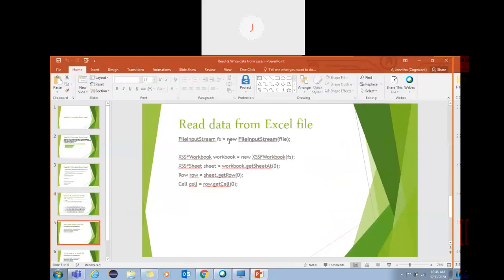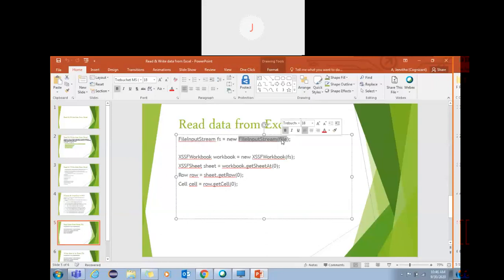Now to read the data from the Excel, what I have used is a FileInputStream. As you see, I have got the file here. I have mentioned the file path. So this object I have used over here in the workbook to create a workbook object. And here I'm getting the first sheet. By default I'm getting the first row. This is how I will get the cell. And if I put dot getStringValue, it will help me to read the data which is present over there.